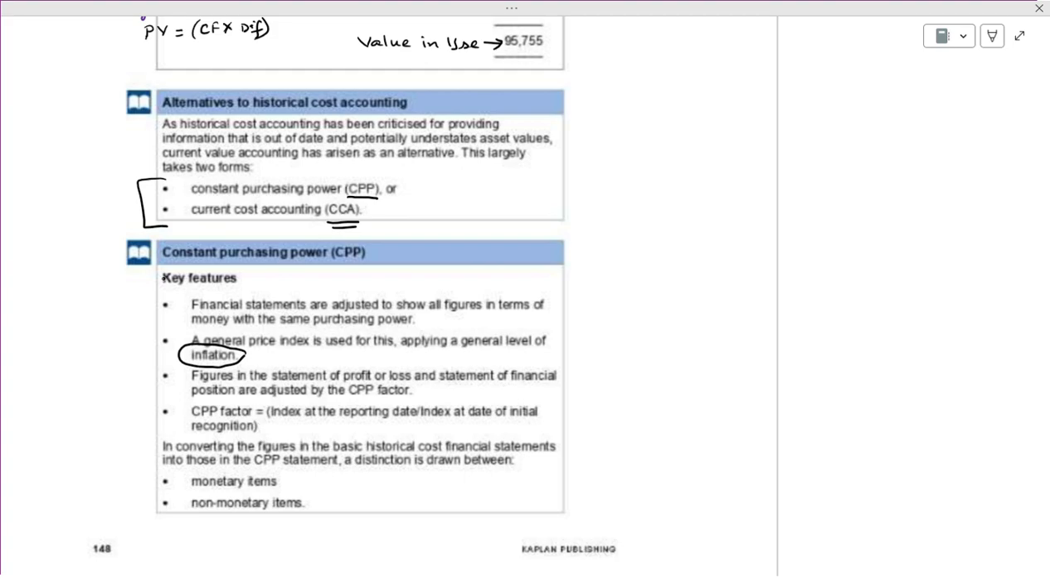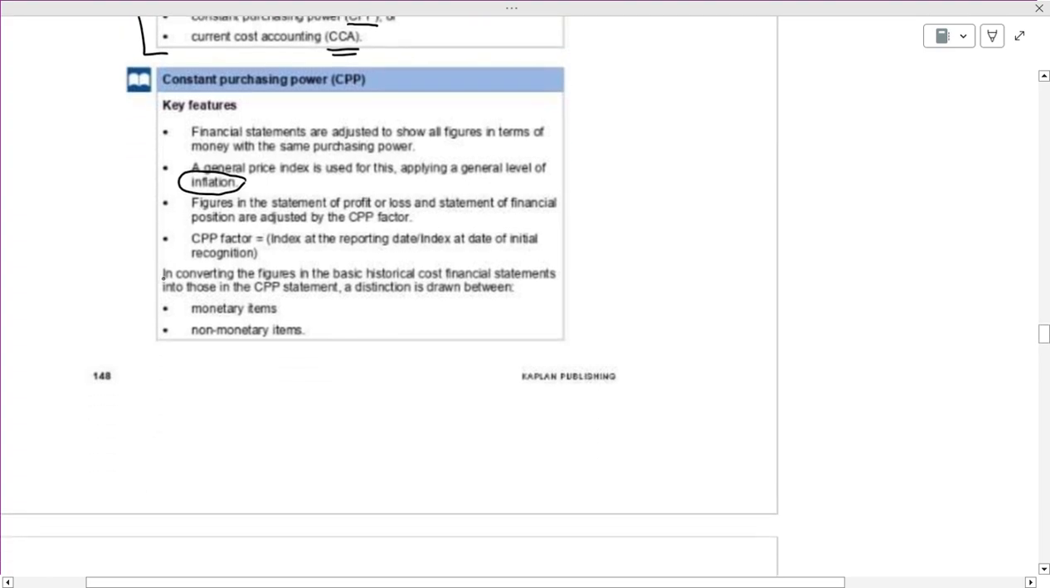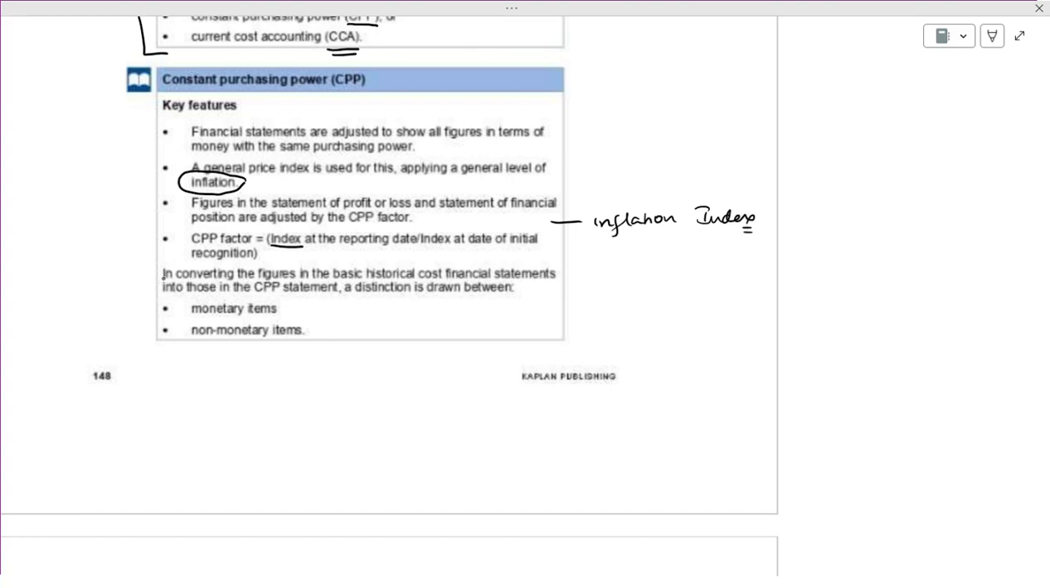If the values are increasing, then we call it current purchasing power accounting. Every 15 days or 14 days, they will come up with an inflation value, the inflation index. Whether prices are increasing or not, they will adjust the prices accordingly. Now, in converting the basic historical cost into the CPP statement, we have to identify the monetary